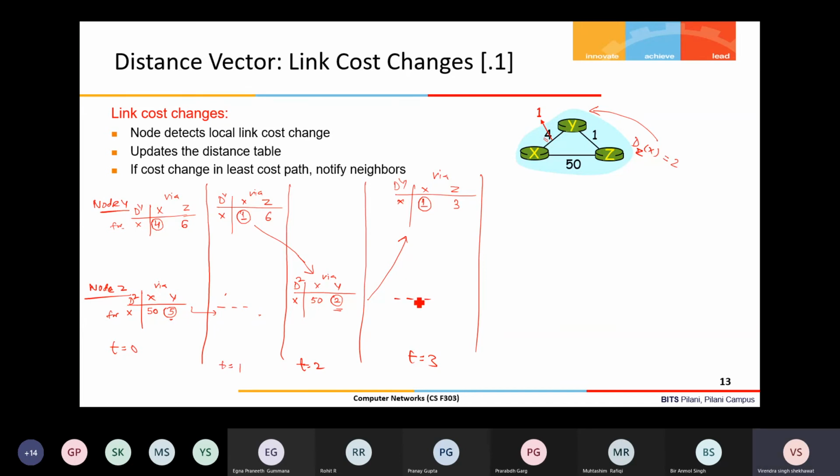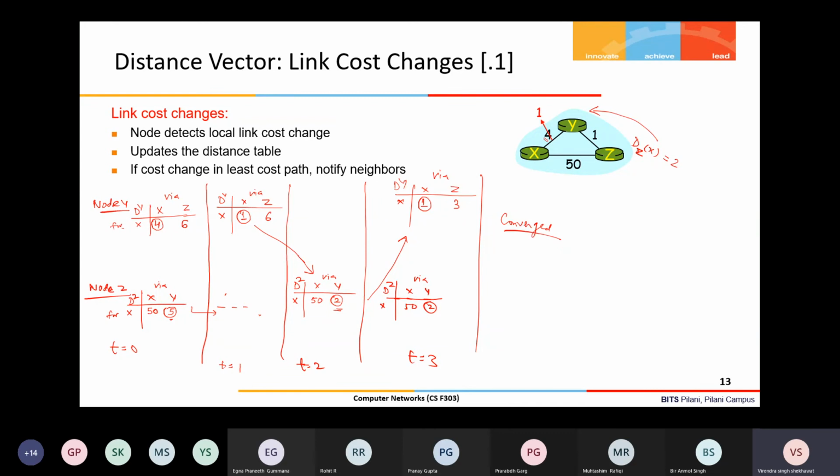So now the current table, if I just simply redraw this thing, so dz, the table will remain same. So it is x. So this is 50 and 2. So the current table of z is saying that okay, my cost to x is 2 and y is saying my cost to x is 1. That's minimum and there is no change. So here it is converged.